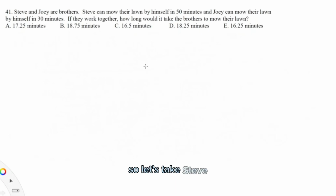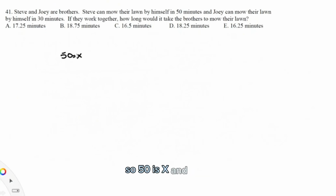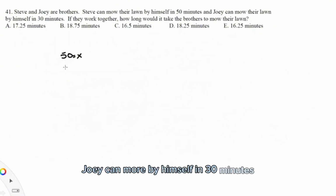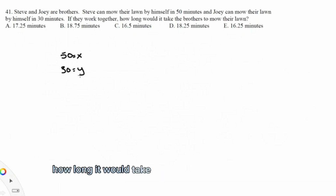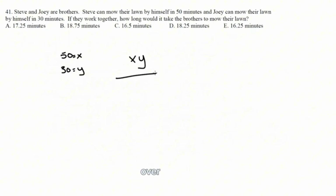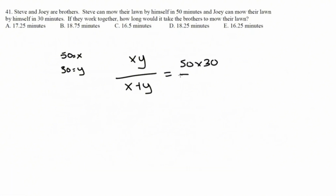So let's take Steve. Steve can mow by himself in 50 minutes. We're going to call that 50 is x. And Joey can mow it by himself in 30 minutes. We're going to say 30 equals y. So the formula for finding how long it would take them together is just x times y over x plus y. So in this case, that would be 50 times 30 over 50 plus 30, which is just 1,500 over